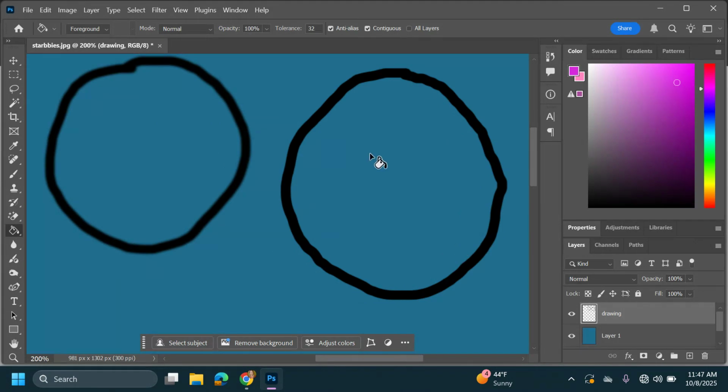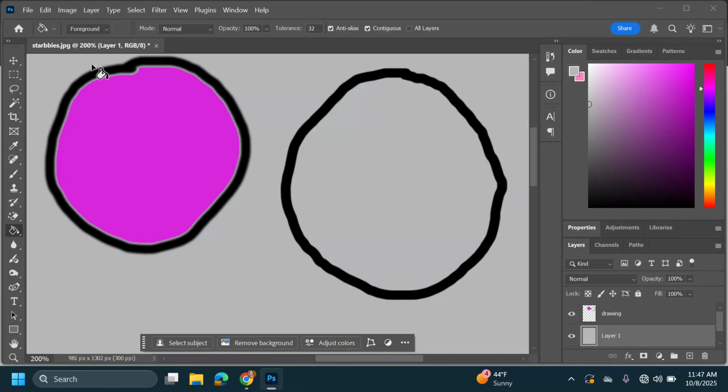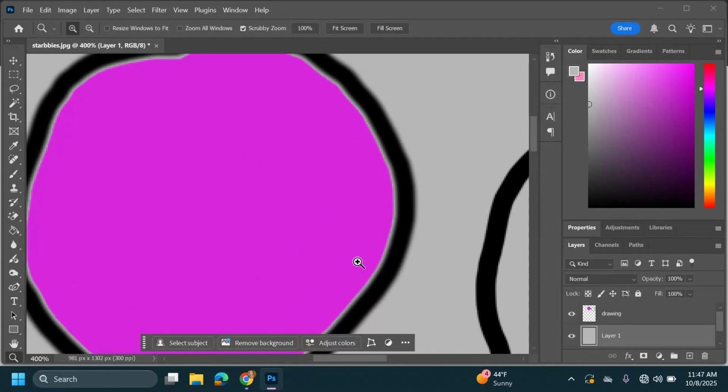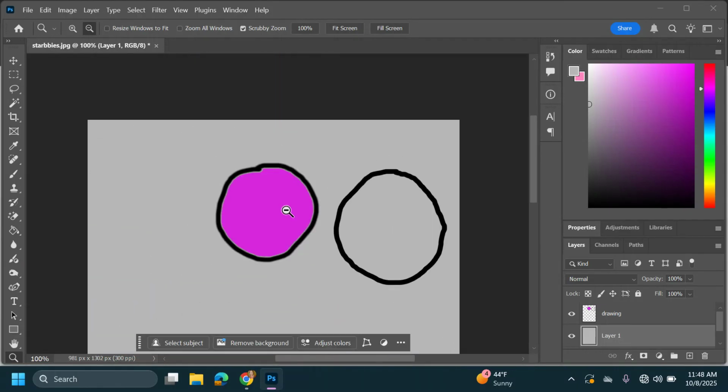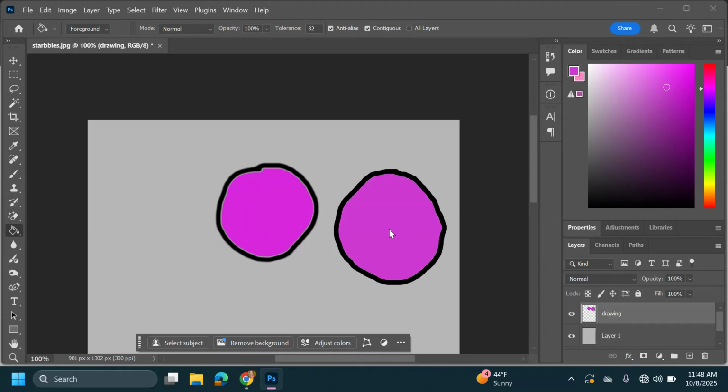I'm going to show you this one first. So you can kind of see there's that halo, what we call a halo, around the outside edge. Let me change the color of this background. Maybe you can see it a little better. So you see that little white area? If I zoom in a lot more, you can really see that halo, right? And that's because it was a soft, fuzzy brush. So the paint bucket's like, well, I'll fill it in up until it gets to that fuzziness, and then I'm going to stop. If I fill in a color, I'm going to go to the pink here for this one,